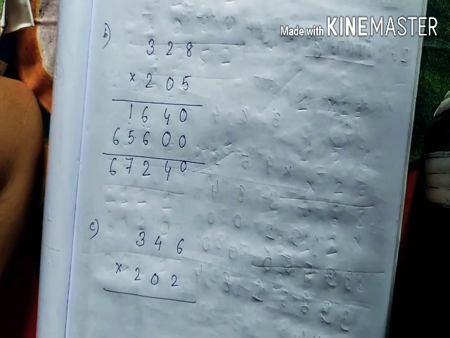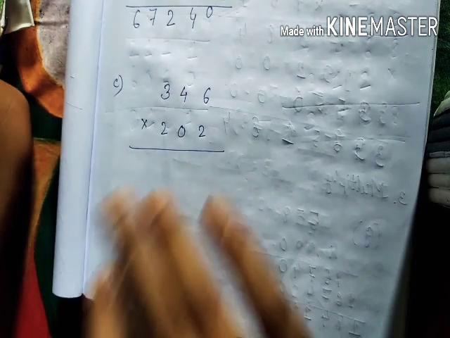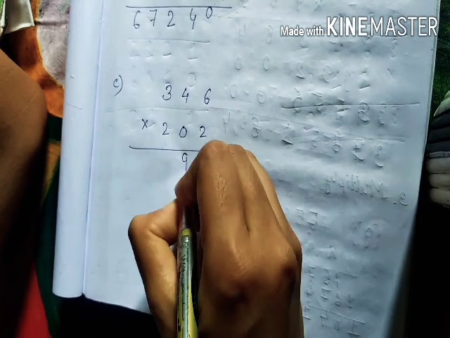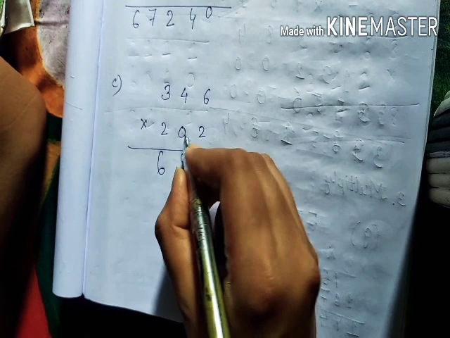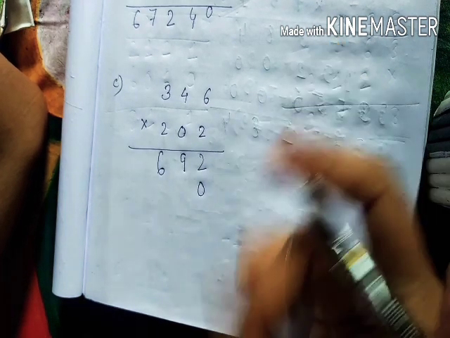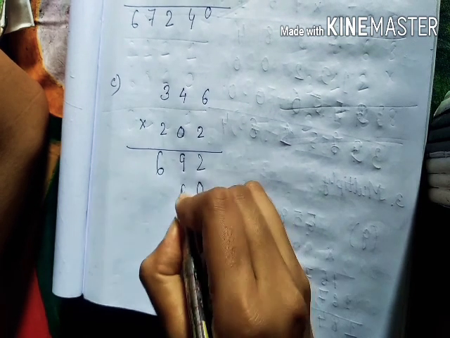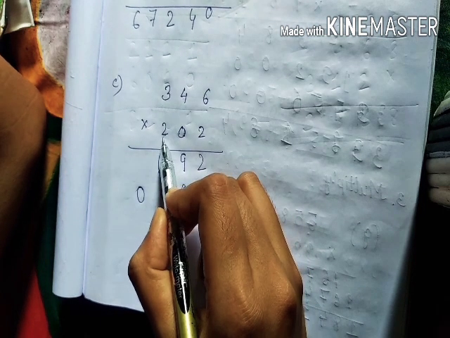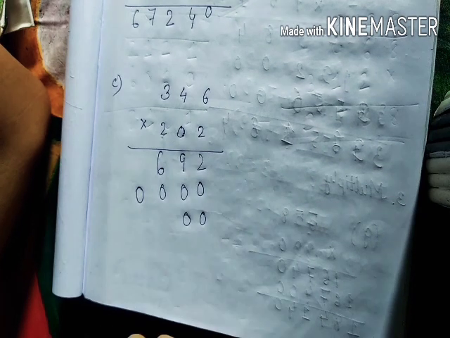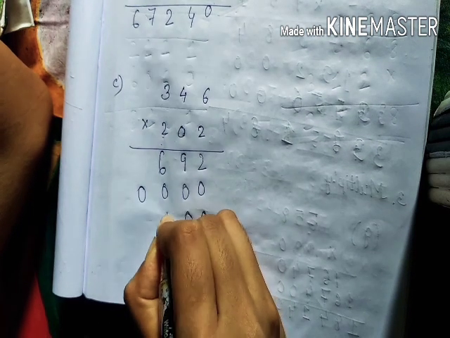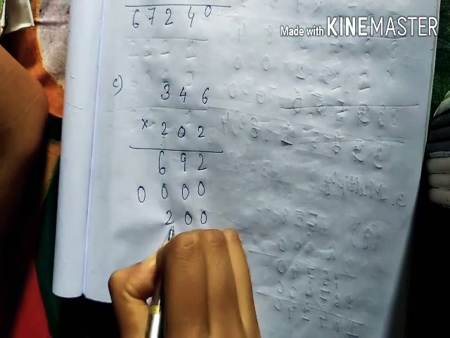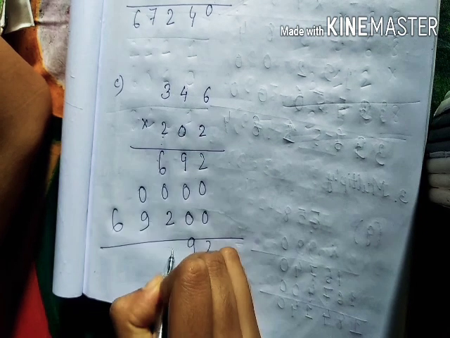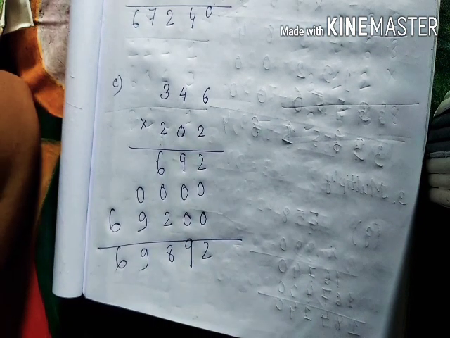Okay students, let me show you. If I write the 0 portion also, then also the answer will be the same only. 6 2s are 12, carry 1, 4 2s are 8 plus 1 is 9, 3 2s are 6. Now in the tens place 0 is there, so in the ones place we have to put 0 obviously, and then 6 0s are 0, 4 0s are 0, 3 0s are 0 only, right students? Now we have to start from the 100 place. So again the ones place and tens place will be 0, 2 6s are 12, carry 1, 4 2s are 8 plus 1 is 9, 3 2s are 6. So you have to do the sum. So 6 7 8 9 6. Okay students, so this is your answer.